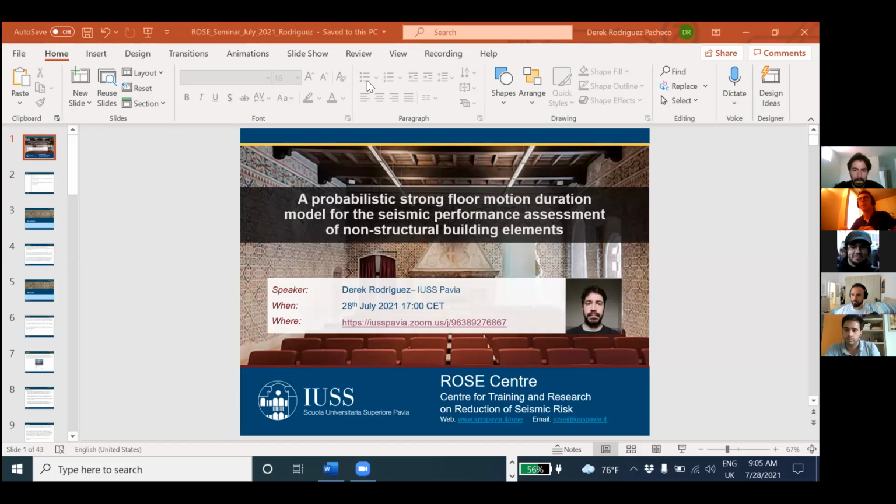So what we're going to be looking at is just some of these seminars that we're organizing here in Pavia at the Rose Center. These are presentations that some of the PhD students and other researchers in the general area have been giving over the past few months, let's say, on their research and some of the things they've been looking into. The presentation should generally be about 1 hour, depends on how quick Derek is, but that's generally the idea we try to stick to. The structure will be the presentation first, and then some questions and discussion afterward.